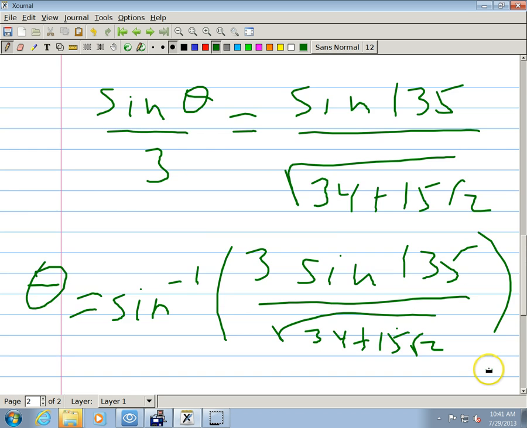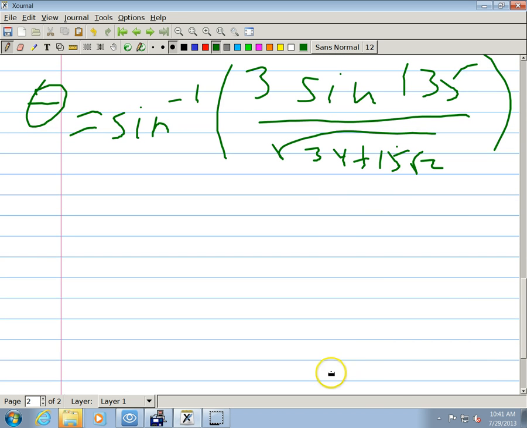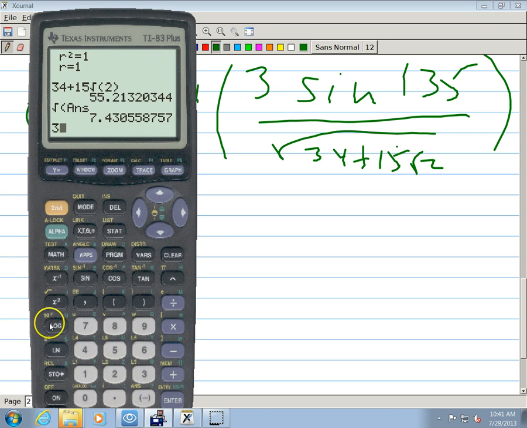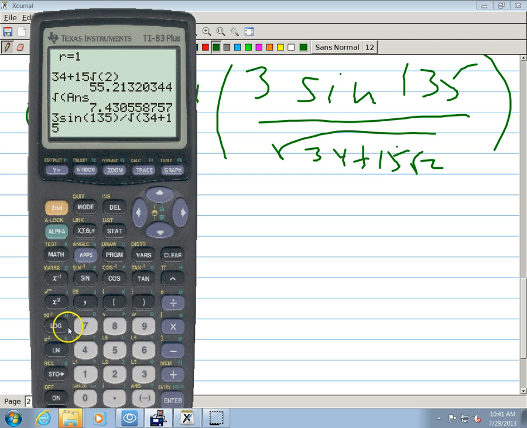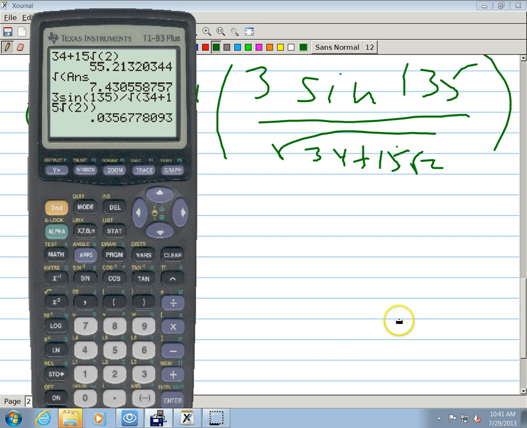And let's figure out, now that's an exact number, but who knows how big that is. Let's get a decimal equivalent for that. So what is 3 sine of 135 divided by, well, let's write it out, the square root of 34 plus 15 rad 2. Now here's the rad 2, close the rad, close the other rad, and there you go. Now that's what we're taking the arc sine of. So second sine of that answer